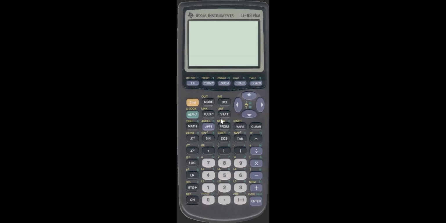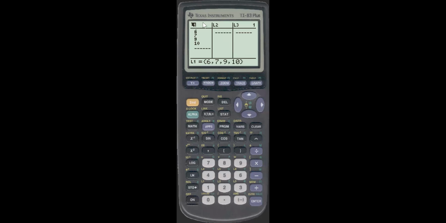All right. So if you go back to stat and then you hit edit, you will see the data you have from list 1. Now to remove the data, there's 2 possibilities. One is to actually hit delete, delete, delete, delete, delete, right? That gets really tiring, but that does work. Let's say it was a really long list. You would not want to do that.